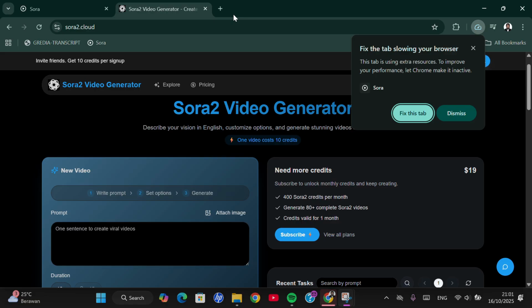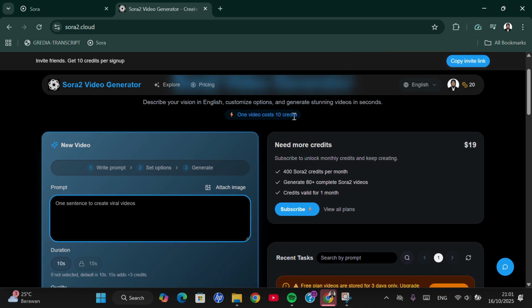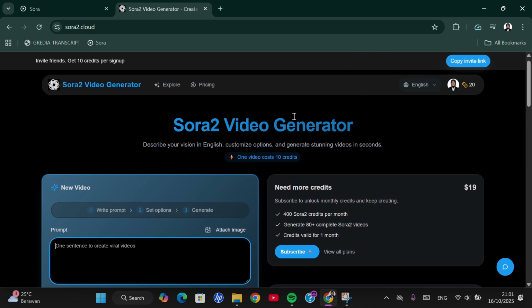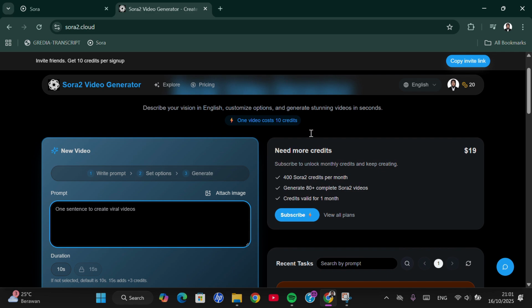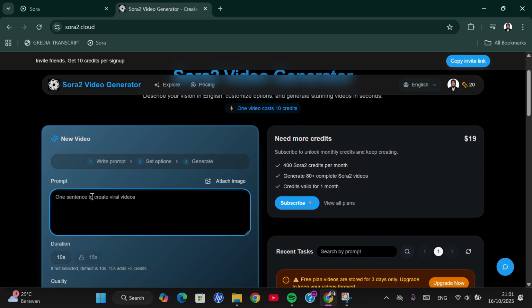You can visit sora2.cloud right here. And you can earn credits guys. After you sign up to this website sora2.cloud, you will earn 10 credits for free, and you can earn more credits if you invite your friend. Get 10 credits per sign up, so you can copy your invite link and invite your friend to sign up to this Sora2 cloud. And if you want to generate video guys, we just need to add the prompt here